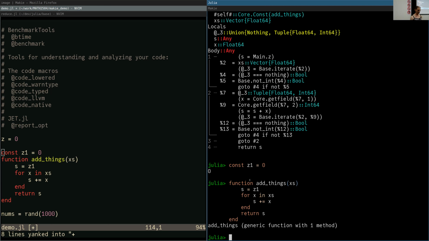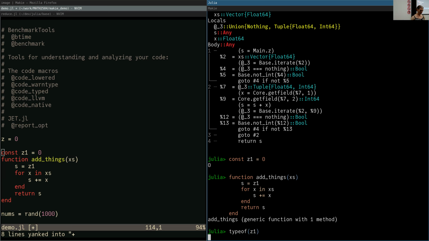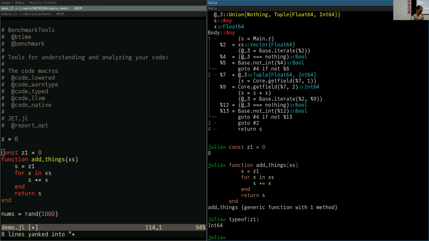So anyway, I've just run that code. Now I've said that Z1 is const. What that tells the compiler is this binding is constant, and it can know that the type of this is always an integer. So type of Z1, that is an Int64. Okay, so now if we @btime